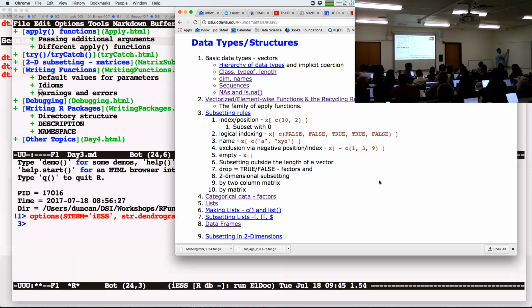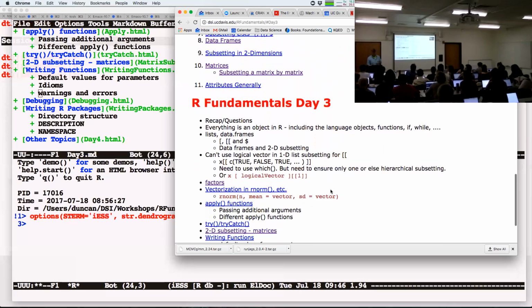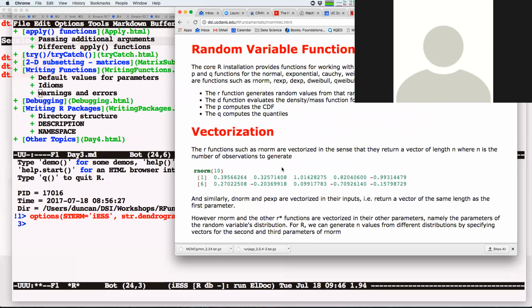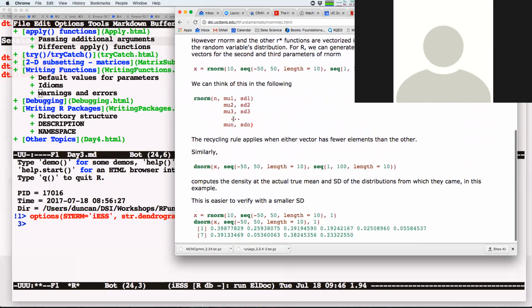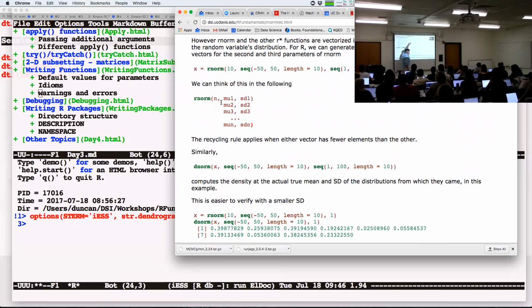So basically, what we're talking about is just this. I believe it's already in the notes that I popped up there somewhere. If you go down a little bit on the days, it's in here. So it's basically this guy here, and this is what we're talking about. As you basically say, this is how many observations I want, here's the vector of means, and here's the vector of standard deviations. And either the recycling rule will come into effect, or not.